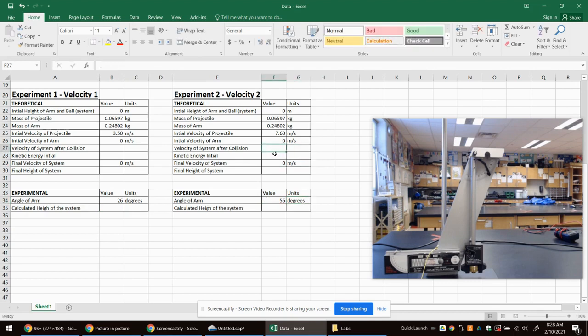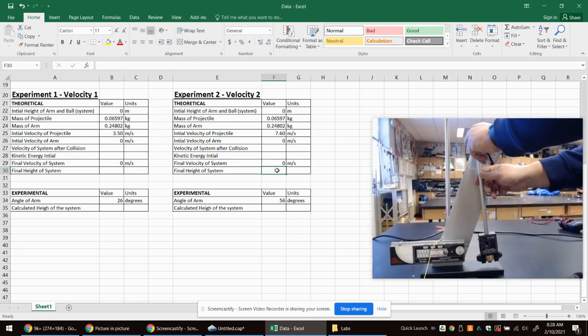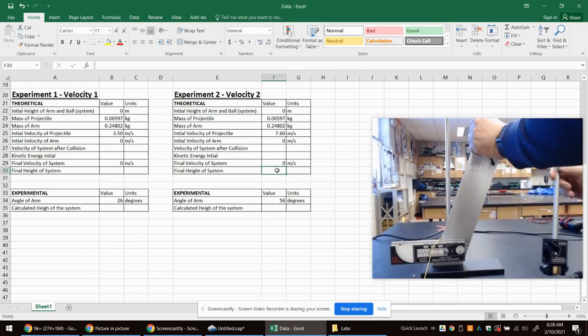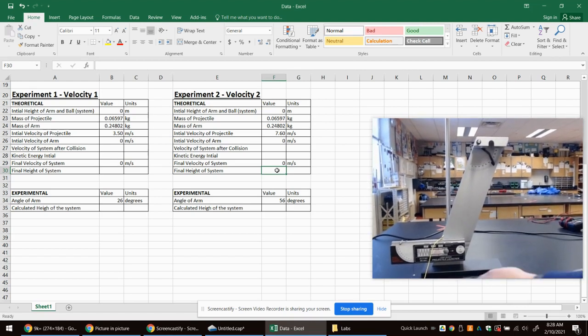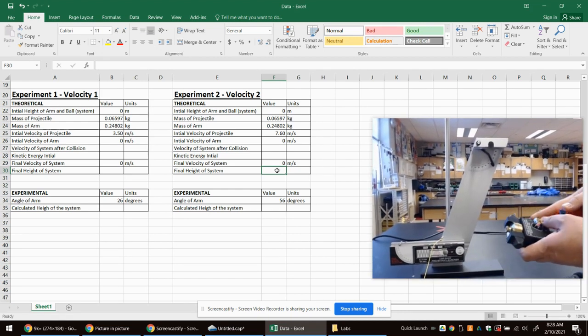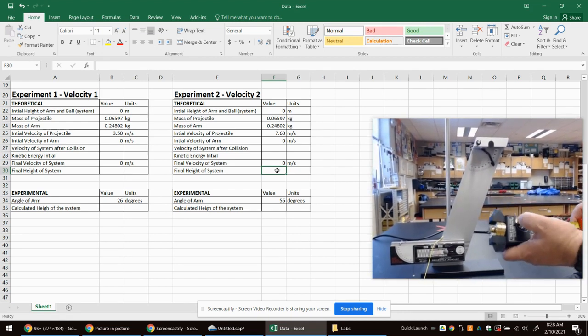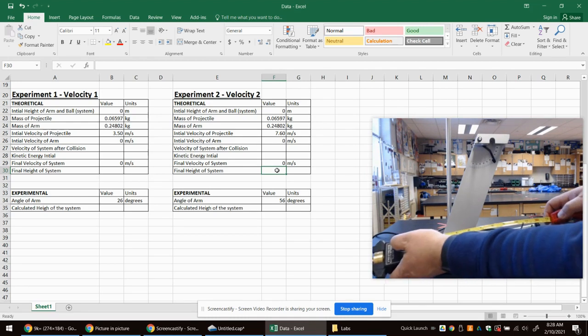And again, you can calculate out these items. We do need that length. I'll pop this off of here again. And we'll measure the length of the system from the center of the ball to the back end. And that appears to be just about 30.5